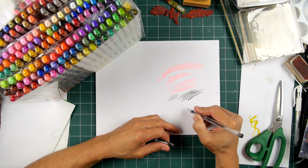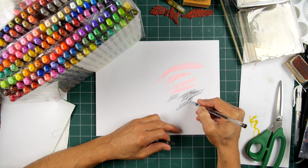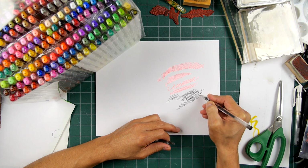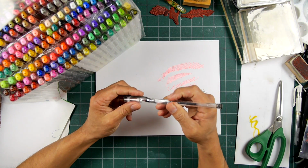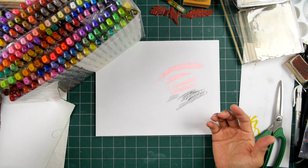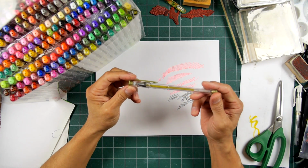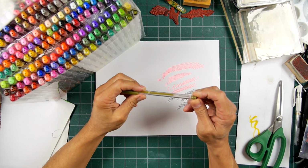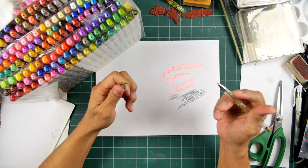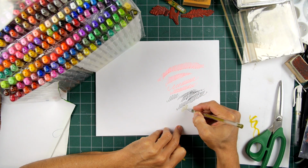Ooh, this metallic feels really good. It's a little scratchy, but the flow of it is really quite nice. So far, so good. We're 2 for 2. Let's try a metallic, okay? I always love metallics, and I never have enough different variation of that, so...